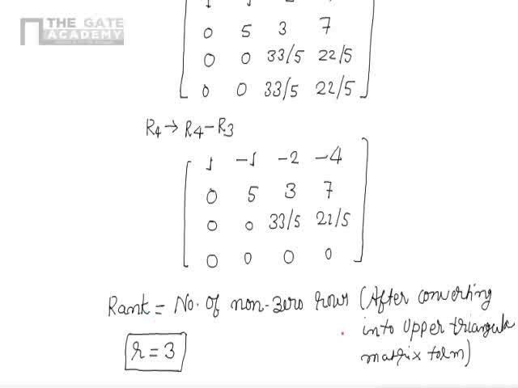And the idea behind converting it into upper triangular matrix form is to eliminate the rows which are dependent. Whenever I apply elementary transformation, the rows which are dependent on the other rows will become 0, and that's what is happening in the last row. It was a dependent row, so it became 0, and the other 3 rows cannot be obtained by multiplying or dividing another row. So the total number of non-zero rows is 3. So the rank of this matrix is 3.